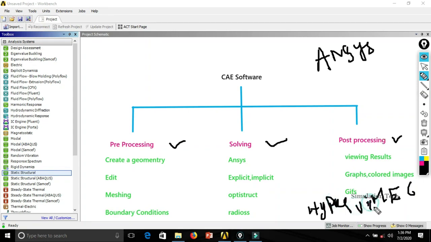We can use that tool to view the results given by a solver. That is also possible. So we can freely change the software for pre-processing, solving and post-processing. There is no constraint to stick to a particular software. That is not mandatory.